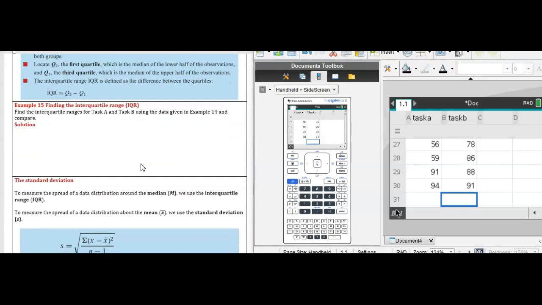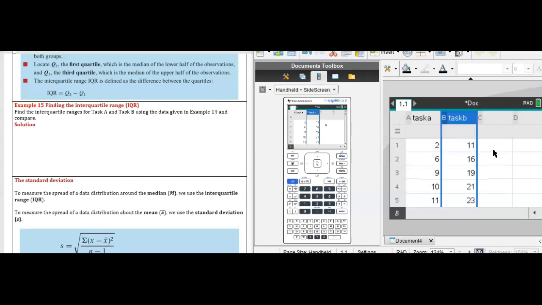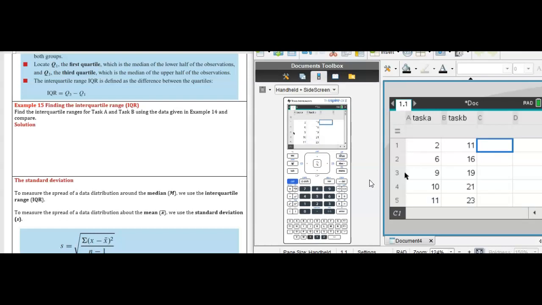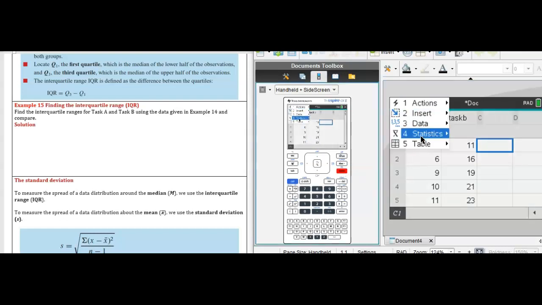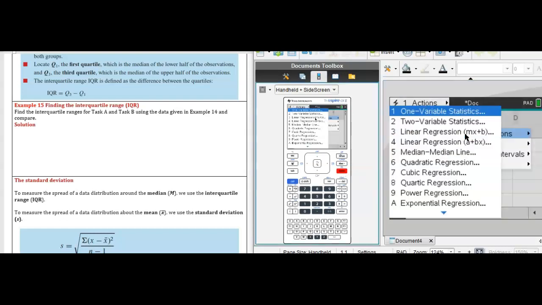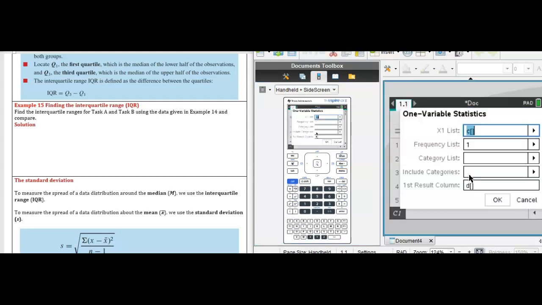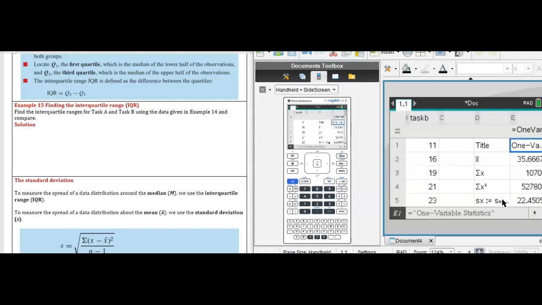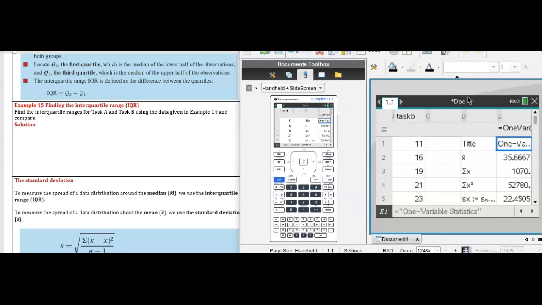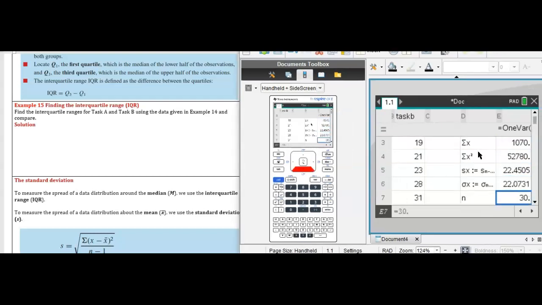Okay, so we're going to go back to example 15. We had to find the interquartile range for each of them. So we've got 2 tasks there, and I'm going to do each one separately. So statistics, stat calculations, 1 variable stats. We're going to do task A first. I'm going to move that over so we can see it. You've got the mean, but we just want the